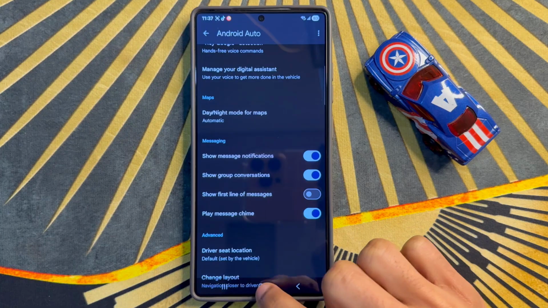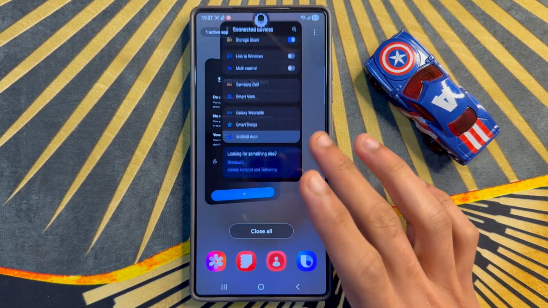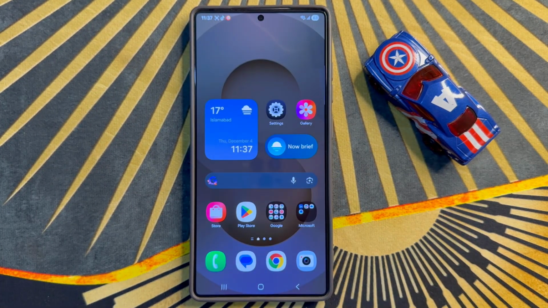So after the process, go back to home screen, refresh phone. So that's how you can turn on or turn off show first line of messages in Android Auto on Samsung